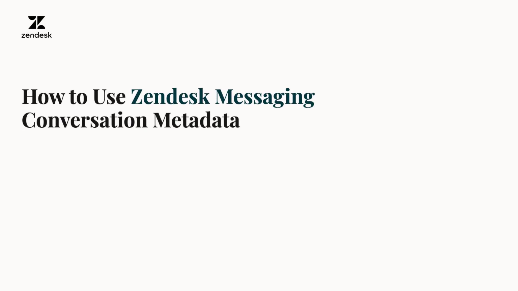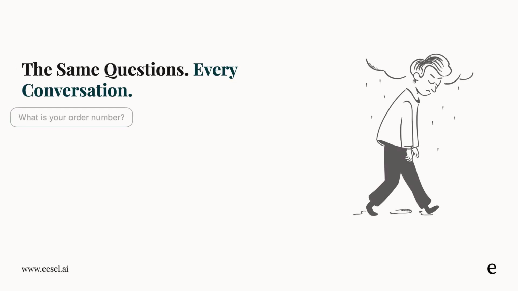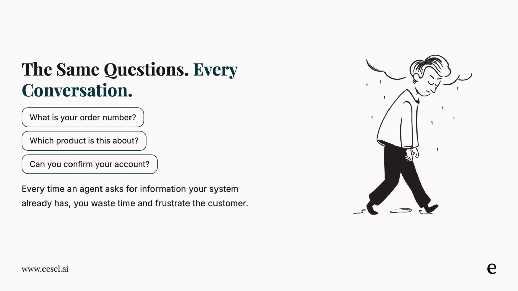Your support agent opens a fresh ticket. The first thing they type: "What is your order number?" The customer already entered it at checkout 10 minutes ago. This needless back and forth is costing your team time on every single ticket, and Zendesk messaging conversation metadata is the fix. Every time a customer contacts support, your agents kick off with the same interrogation: account number, order ID,